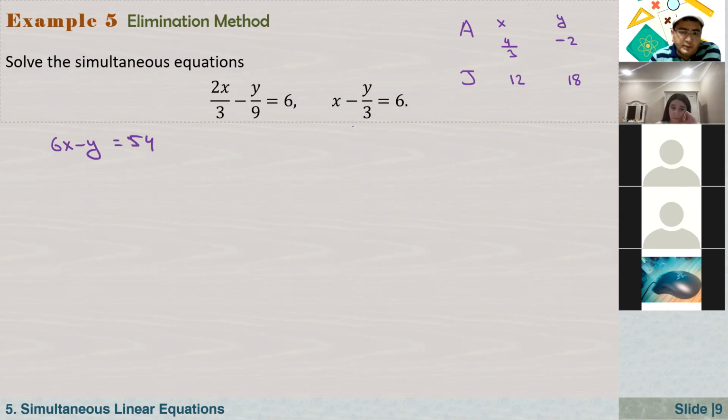Anyway, if you multiply the second equation by 3, okay. If you subtract this 3x,